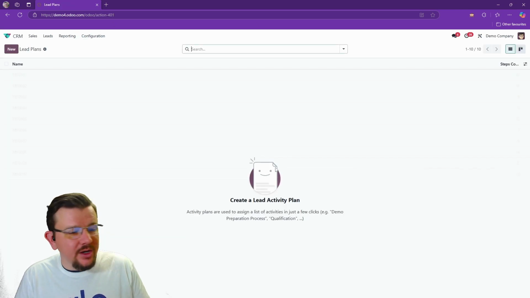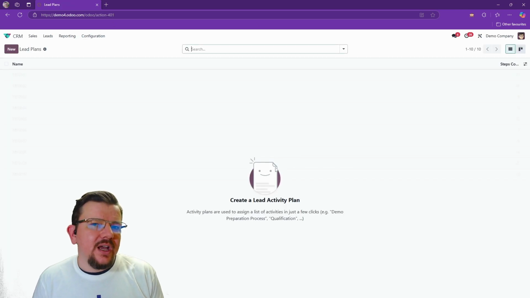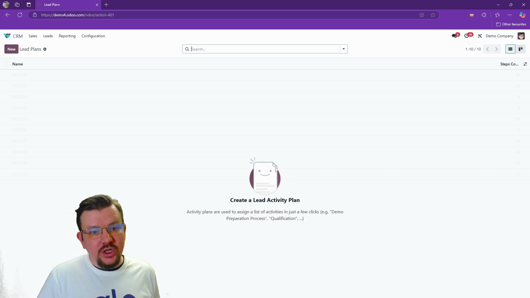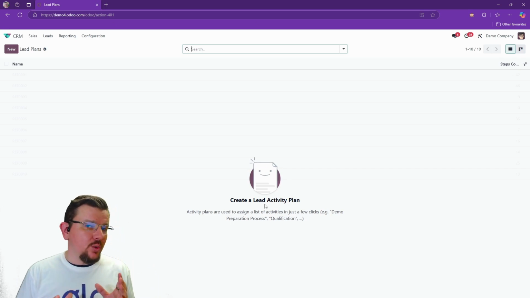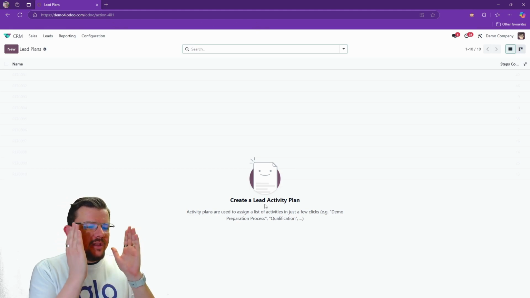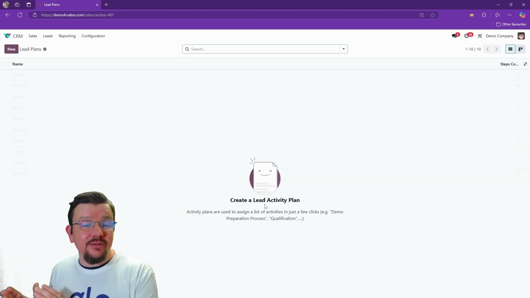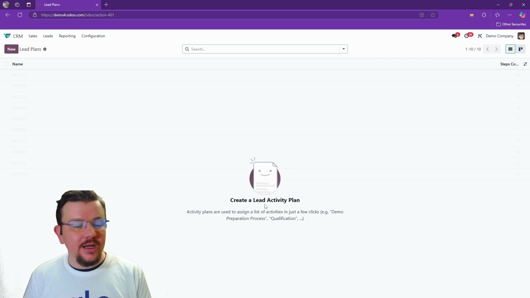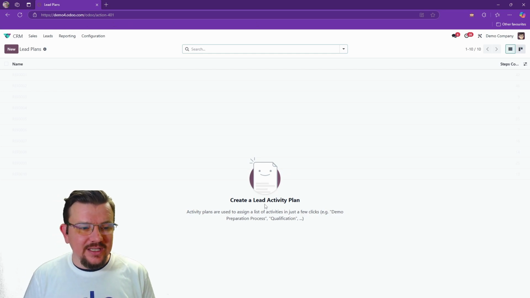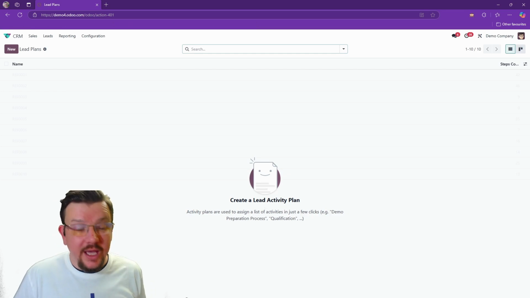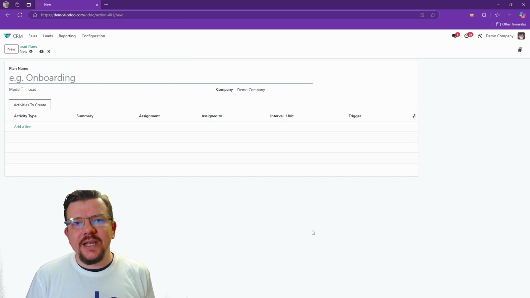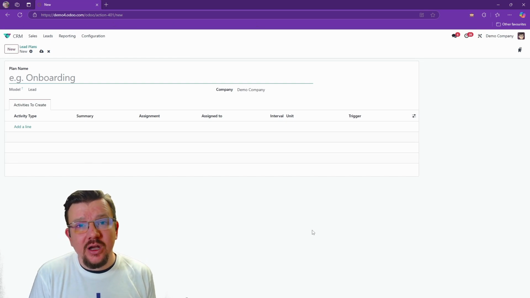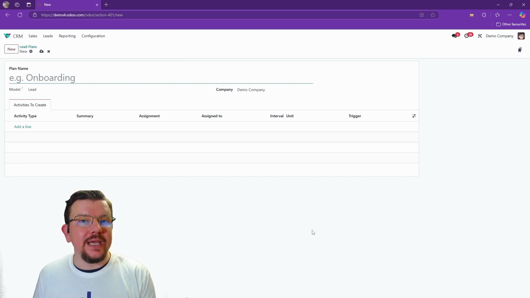Activity plans, though, give you a little bit of a templating system that you can use to plan out your workflow. If you have a particularly intricate workflow, or you want to make sure that all the particular steps that you need are followed when any new lead comes in, you can create an activity plan. So here in the activity plans, we can create a new plan which will let us set the steps that our staff need to follow anytime a new lead comes in.